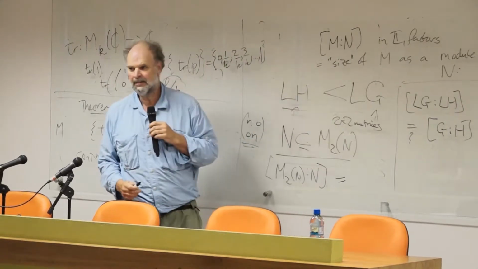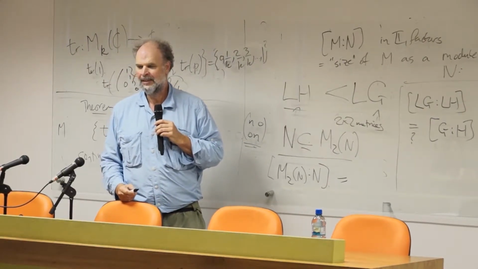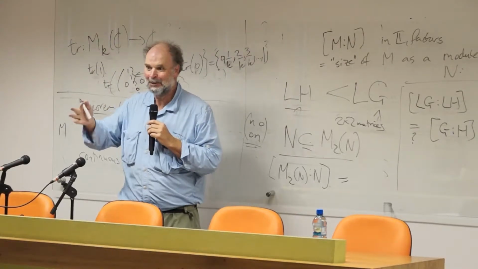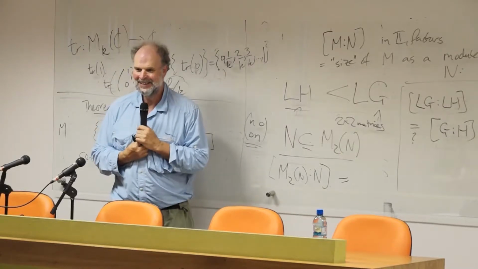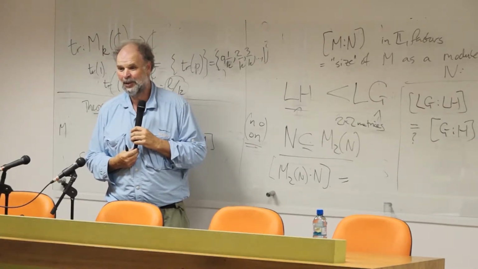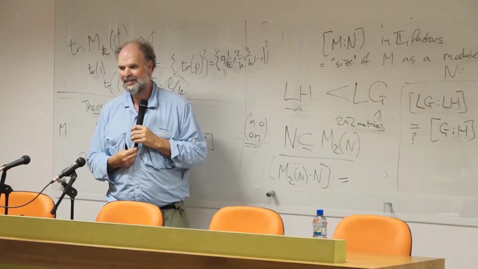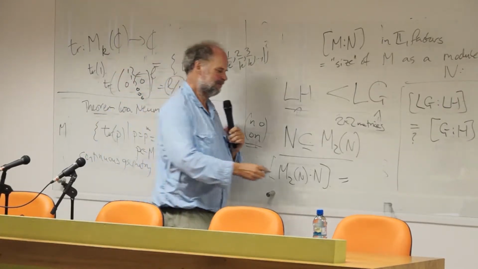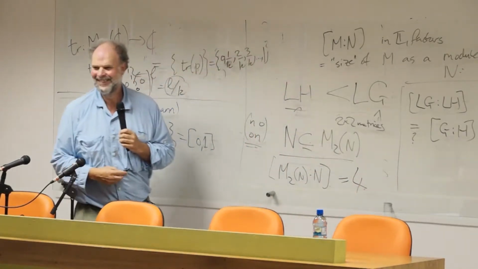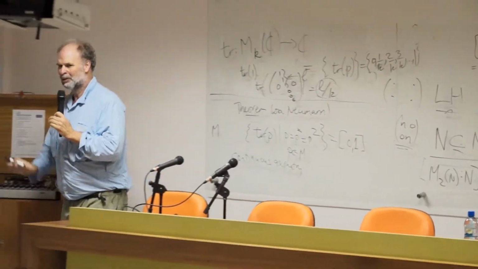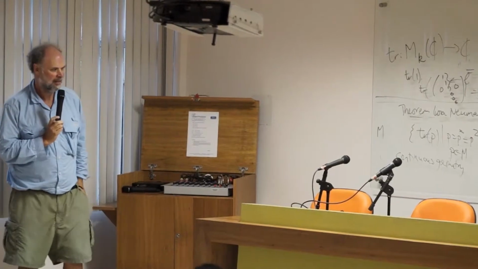So what's the answer? So you people have just been too quiet. You've got to say something now. Come on, someone commit themselves. I'm not going on until someone says what the answer is here. Doesn't matter if you're wrong, someone will get it right. How many copies are there of N in the 2-by-2 matrices over N? Sorry? 4. Right? 1, 2, 3, 4. So 2 was a good guess, but 4 is a better guess. Okay, so there we have it.